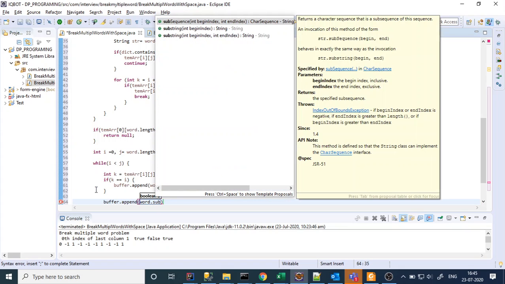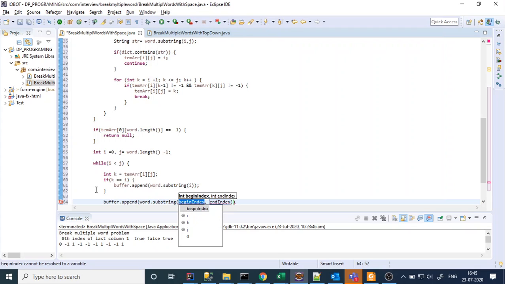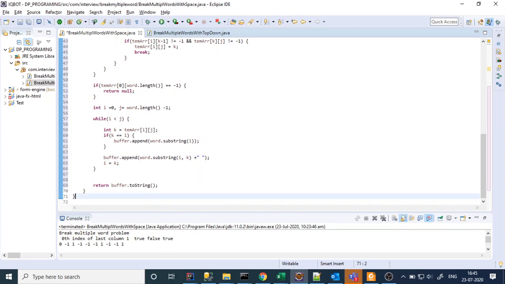Dot substring, second, and the start will be the I and end will be the key, right? And since I am giving the space, then after that I equal to k, right? And lastly we are returning it. Okay.